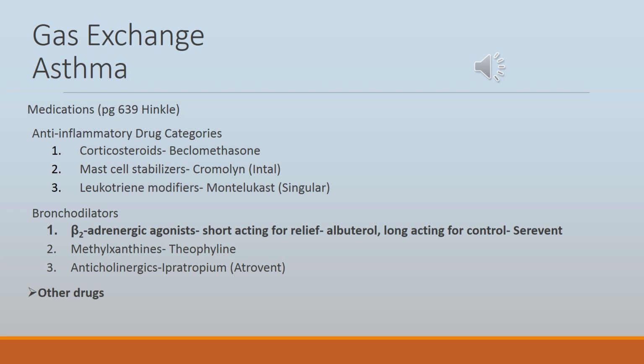There is also theophylline, which is a less effective long-term bronchodilator. It alleviates the early phase of attacks but has little effect on bronchial hyperresponsiveness, and it has a narrow margin of safety. We also have anticholinergics, which is Atrovent. Those block the action of acetylcholine and are usually used in combination with a bronchodilator. The most common side effect is dry mouth. Other medications that can be used are decongestants, antitussives, and expectorants.